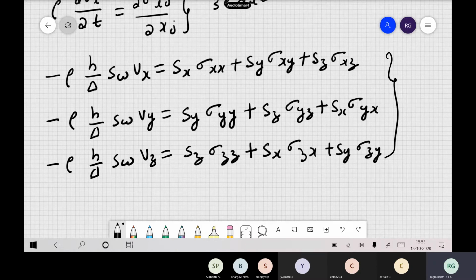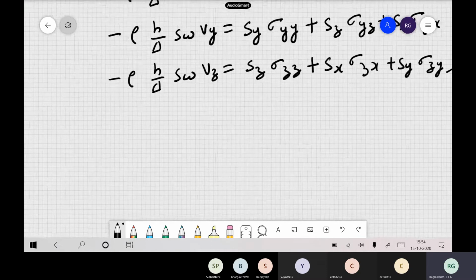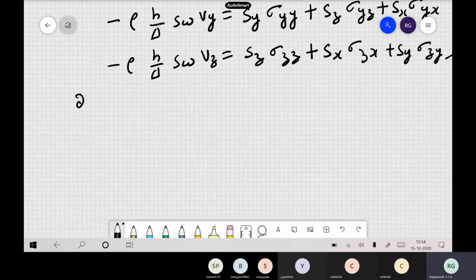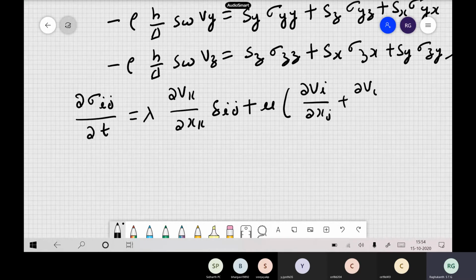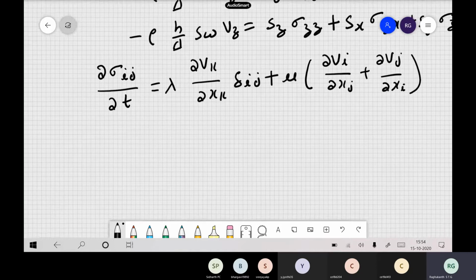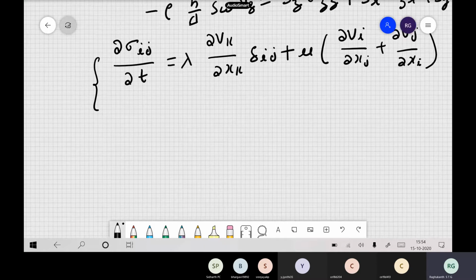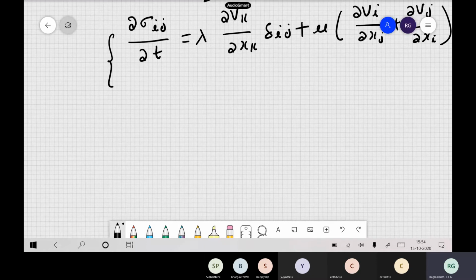So this is after substituting the plane wave solution, e to the power of i(ωΔ minus kx i h minus ky j h minus kz l h). Now these are the velocities. Now we have to substitute the other equation, that is ∂σij/∂t, which is λ ∂vk/∂xk δij plus μ(∂vi/∂xj plus ∂vj/∂xi). These are the velocity-stress equations. Here also you substitute, but here there are 6 equations for the stresses. These are huge equations: 3 normal and 3 shear stresses.